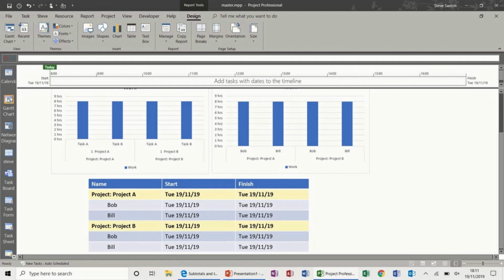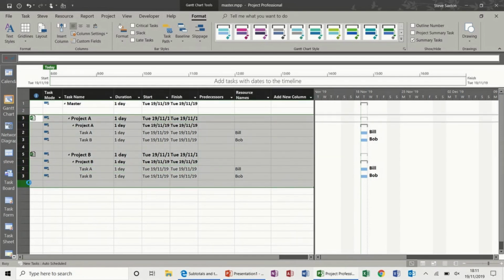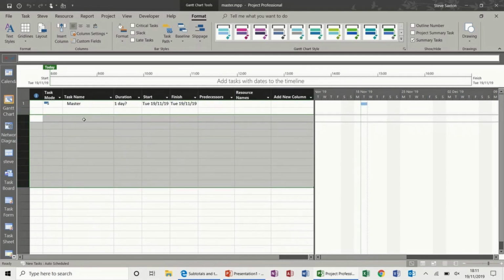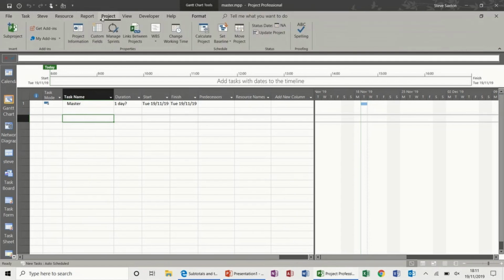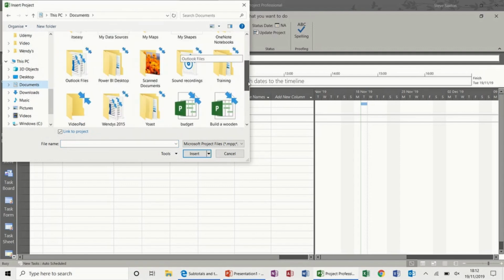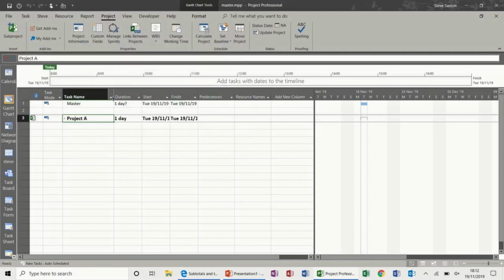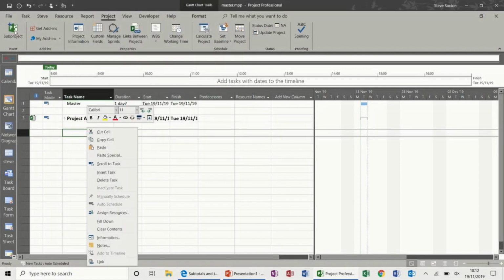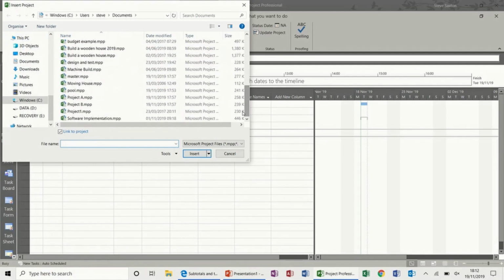So to create all of this, I'll start from the beginning. I'll just delete these 2 projects and reinsert them. So to create a sub-project, you go to the project tab, click on sub-project, and then find the project that you want. So this is in documents. So project A and project B, there's project A. Same process for project B. Find project B,